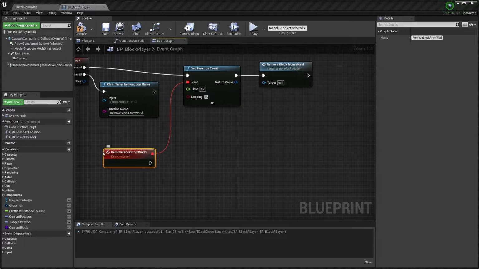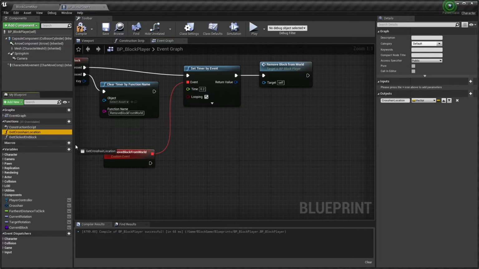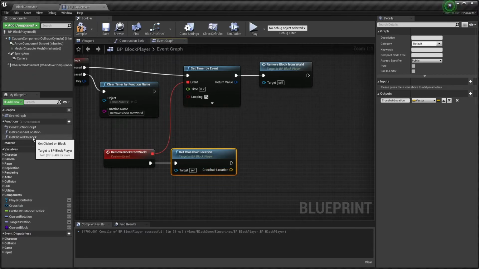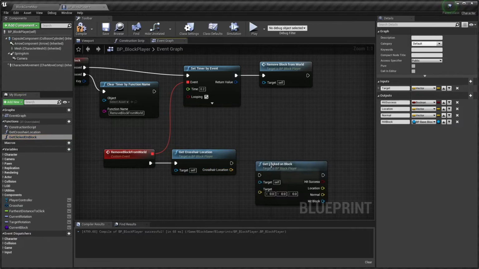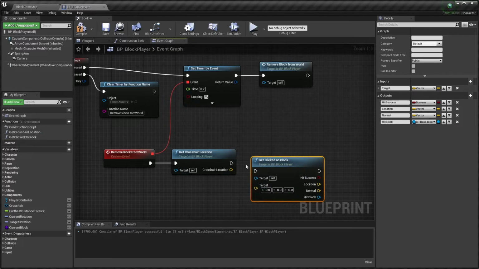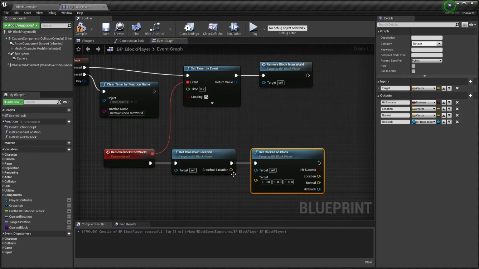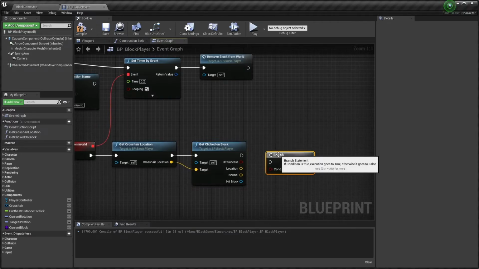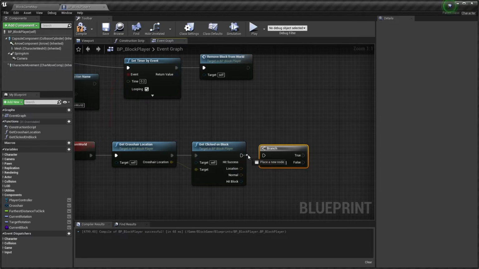So to do that, we'll call the get crosshair location function we previously wrote. Look that up. That will return the location of the crosshair. We'll call the get clicked on block function that we previously wrote. And look that up and use the crosshair location as the target. We'll make a branch, hold down the B key, left click. And if we successfully clicked on a block,